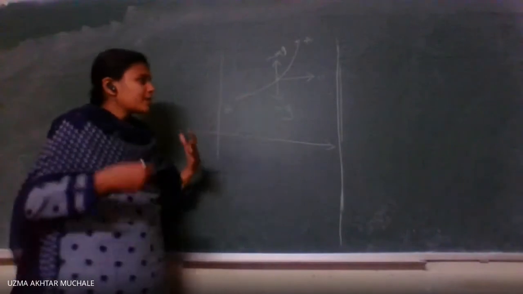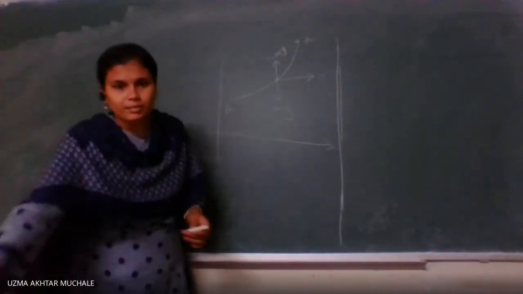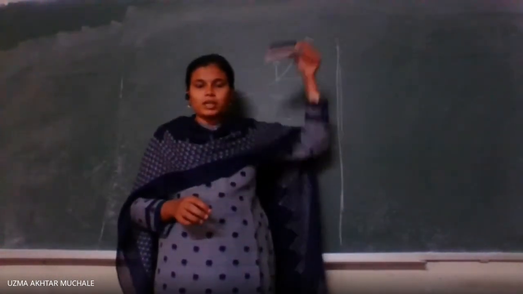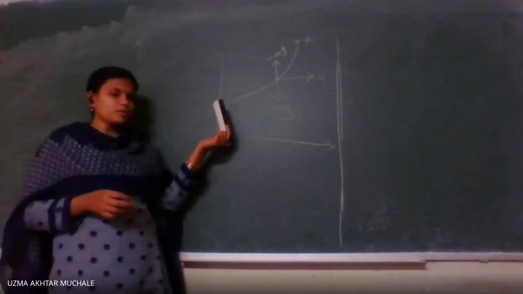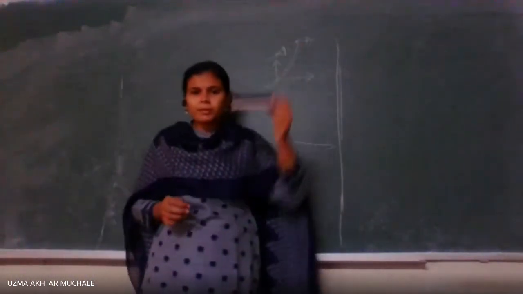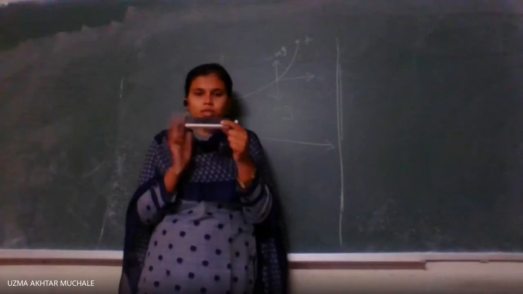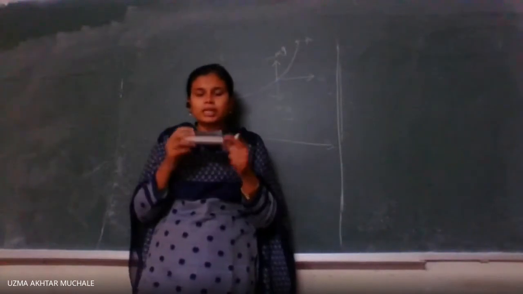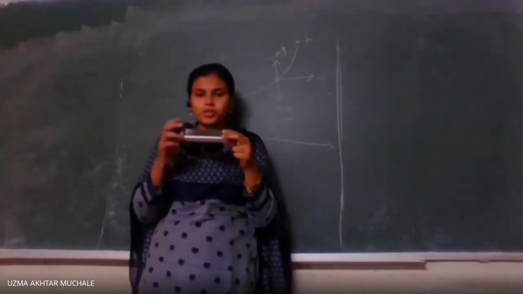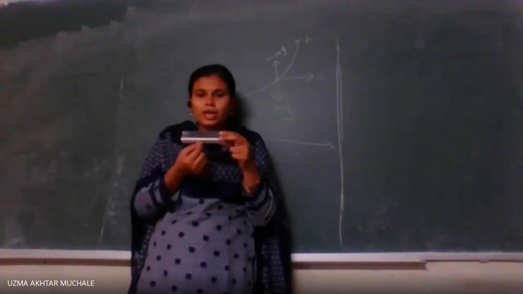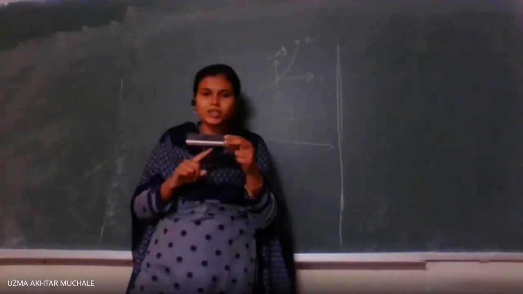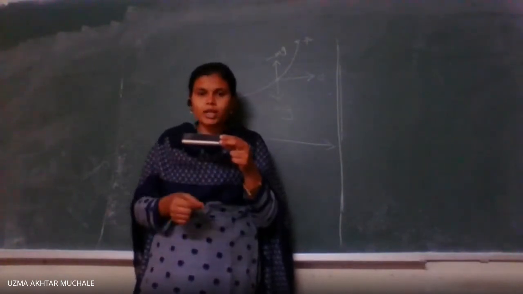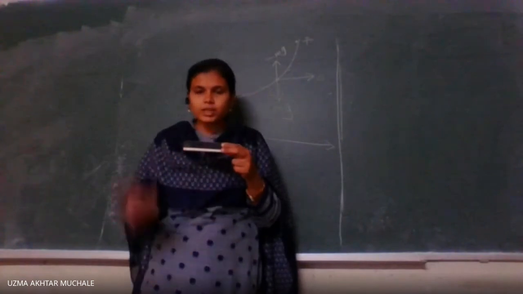Because if you experience the gravitational force field, suppose here we have a particle at, say, position A and it is falling. So if it is falling, it may go to the position B. Somewhere in between we are calculating what will be the force applied on this particle, due to its mass or weight, the acceleration that the weight produces. So mass into acceleration, that is gravitational acceleration g. M into g will be pointing in the downward direction. With the help of that, it is moving in the downward direction.